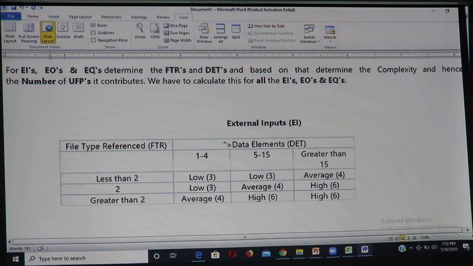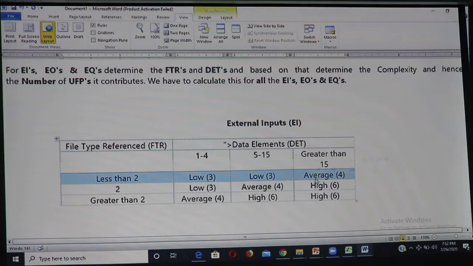So this row immediately tells us that for fewer than 2 file types referred, the points are very low, 3, 3 and 4, irrespective of how many fields you have. Finally it is only 4 points, which is considered average.